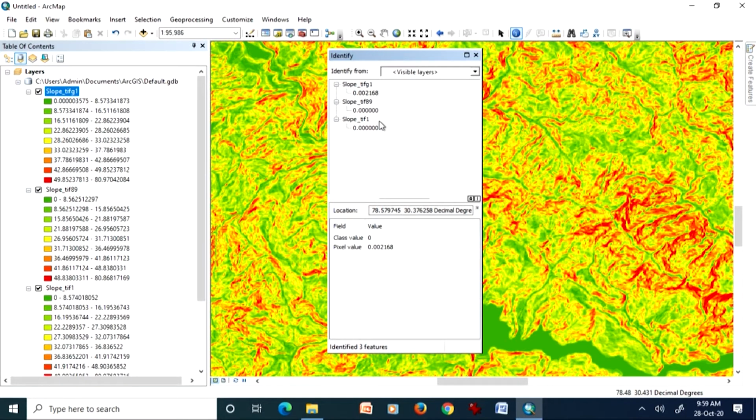It is always true, as I have told you several times, that in GIS after each and every step one should check for errors. And if you are satisfied with the results, then you should go ahead. Otherwise, you recheck whether there is something wrong with the scales, units, z factor, and so forth.